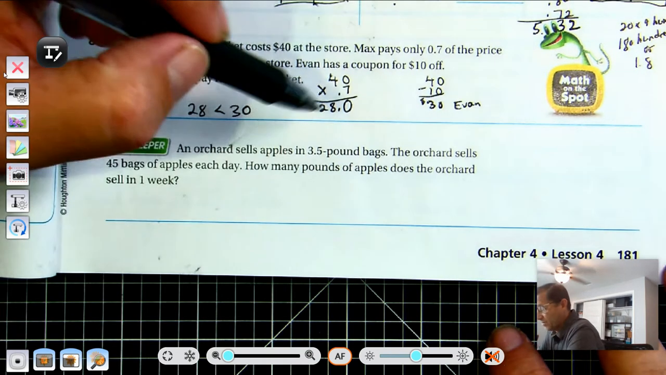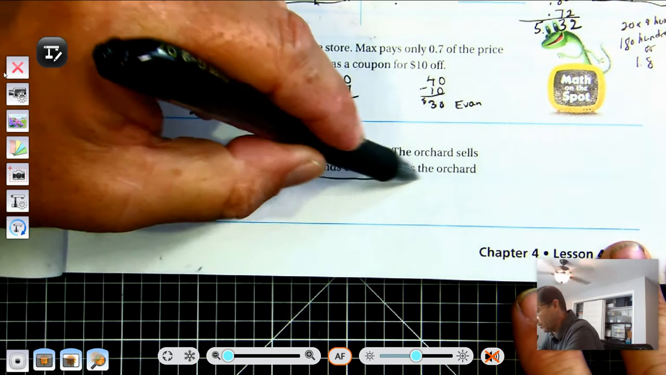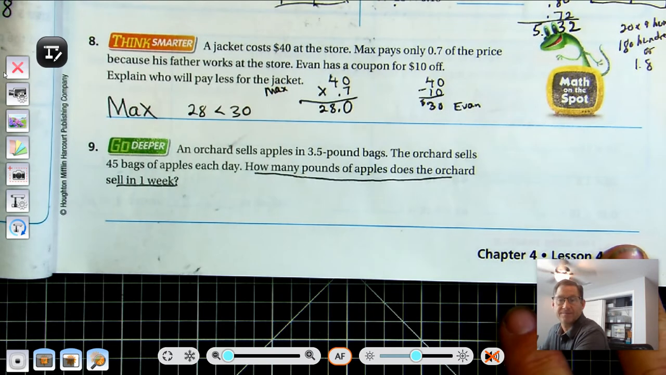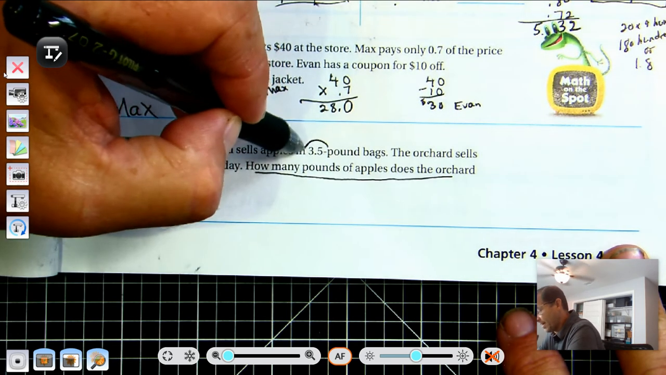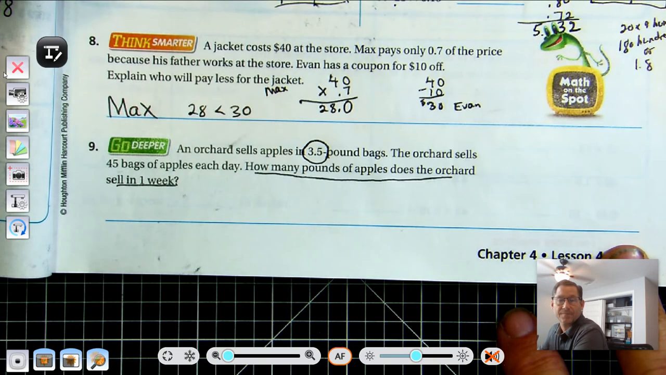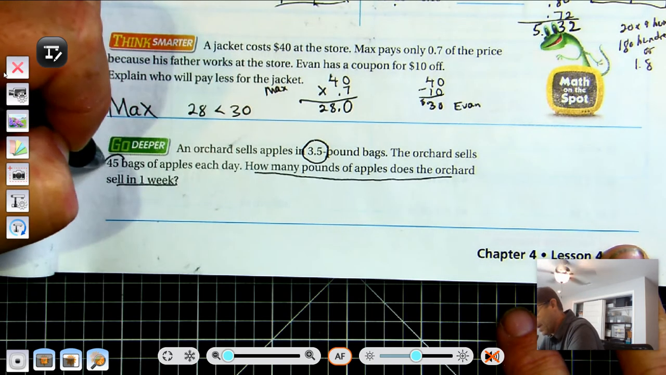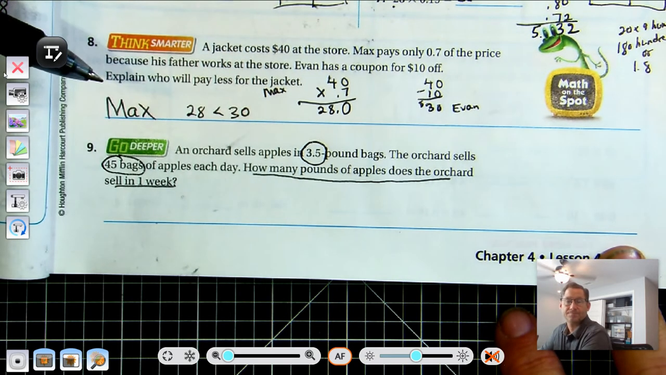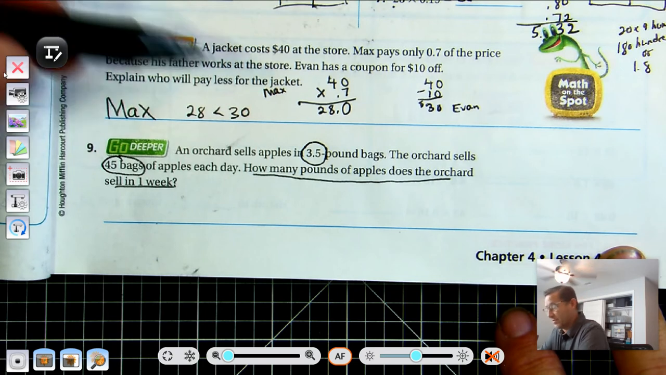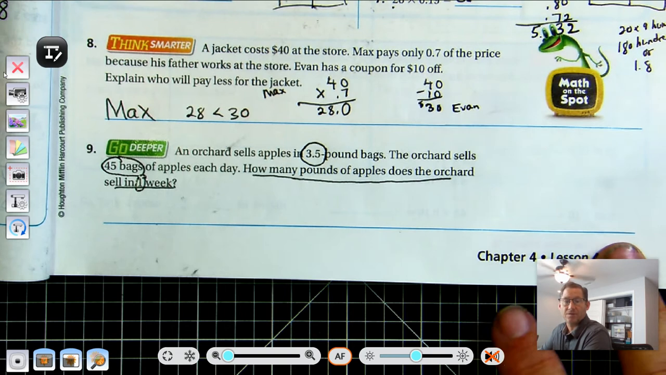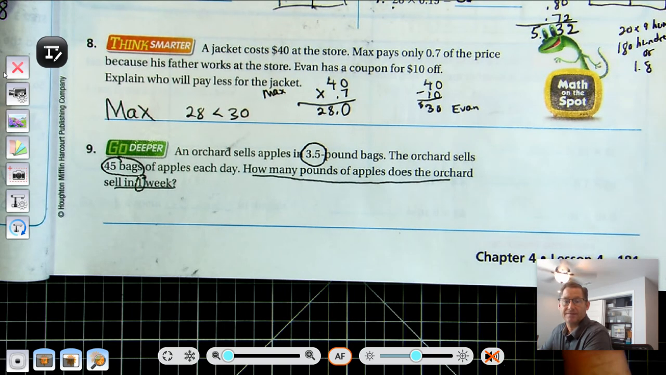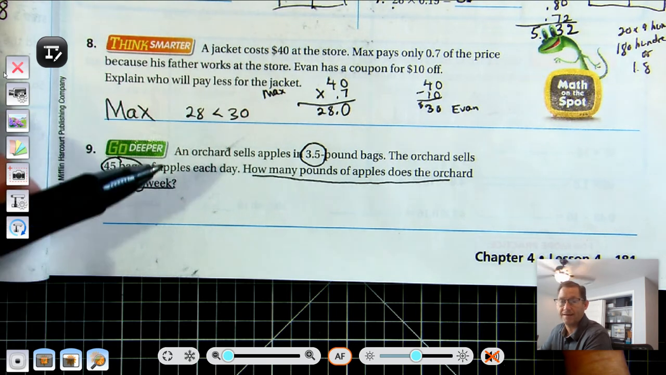All right, so what do we know here? That's what we have to find: pounds of apples in 1 week. Well, the apples are sold in 3.5-pound bags. They sell 45 bags per day. But it says in 1 week. So that's 7 days, right? So let's figure out how much they sell in pounds per day, and then multiply by